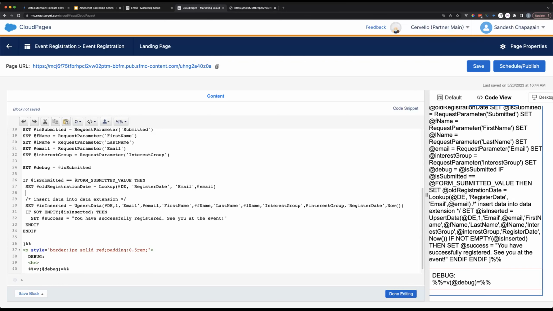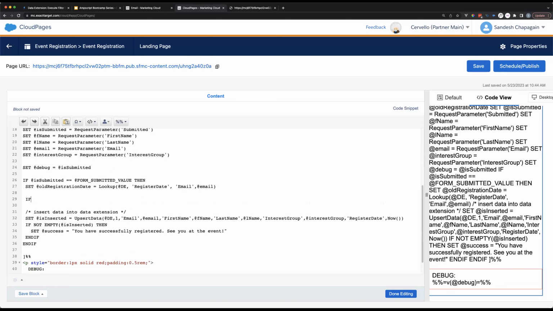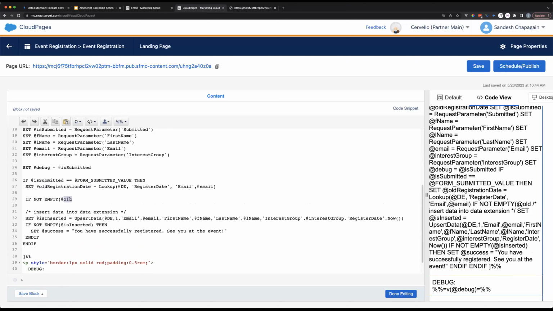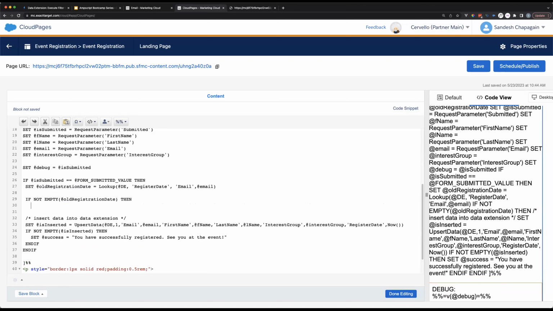And what we want to do now is, before attempting to insert it, check if there is an old registration. So if not empty old registration date, we copy that. Then what we want to do is set success. Let's give them a different message, right?